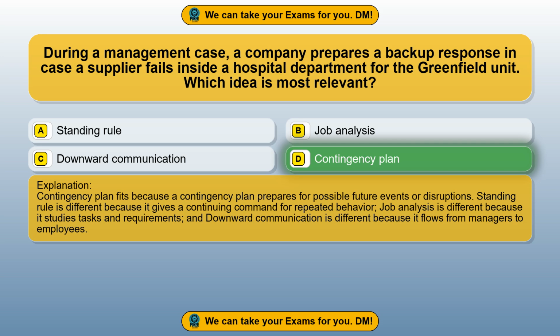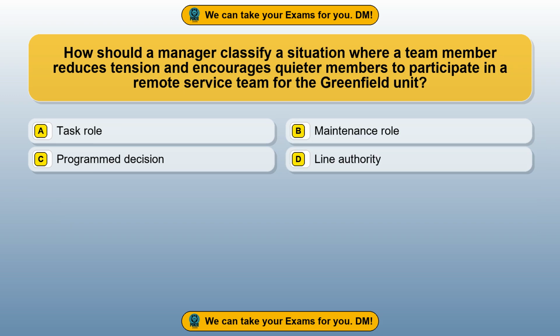Contingency plan fits because a contingency plan prepares for possible future events or disruptions. Standing rule is different because it gives a continuing command for repeated behavior. Job analysis is different because it studies tasks and requirements, and downward communication is different because it flows from managers to employees. Question 54. How should a manager classify a situation where a team member reduces tension and encourages quieter